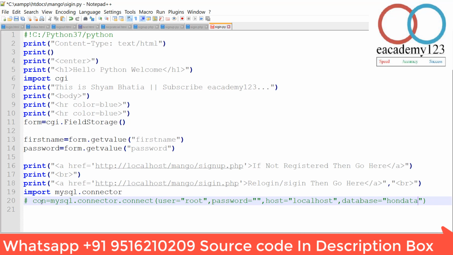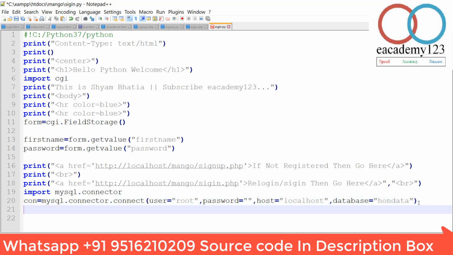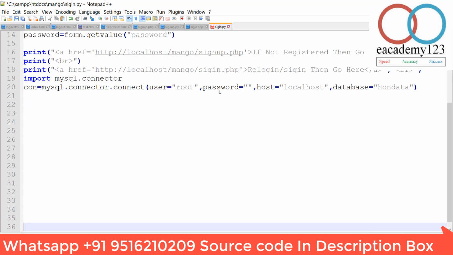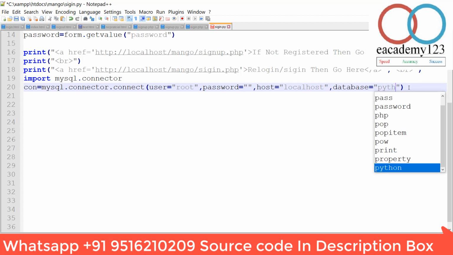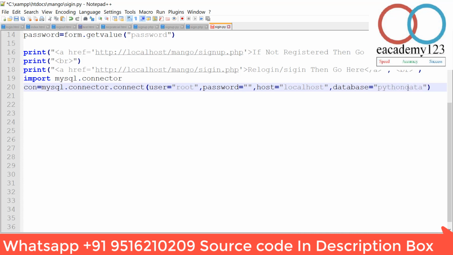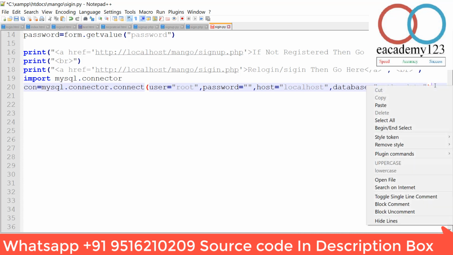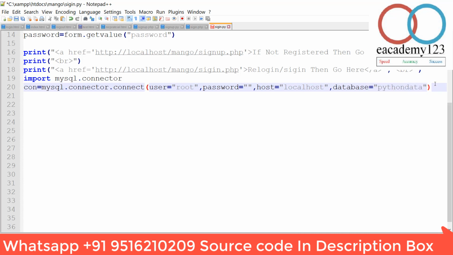I am not making the comment, and go down, password I have left blank, and root and everything. You can also use single or double quotes, it doesn't matter. The Python database is Python data.